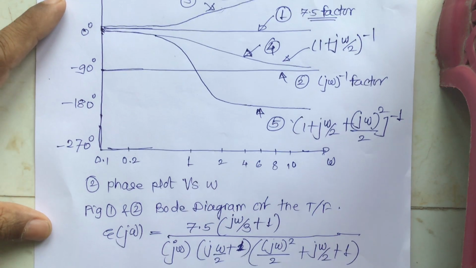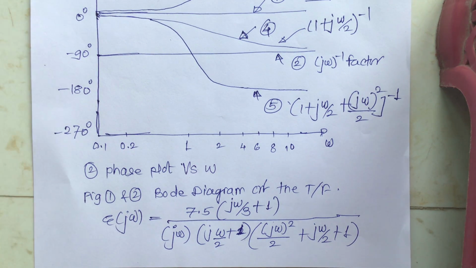This is in continuation with the previous problem, where the homework was completed and only the plots remained to be drawn, and here in this second video we have drawn this plot. I appeal to you to watch the videos in continuation, so that we can get the details about this example. In the previous video we did the homework for drawing the Bode plot, and in this video we have drawn it.